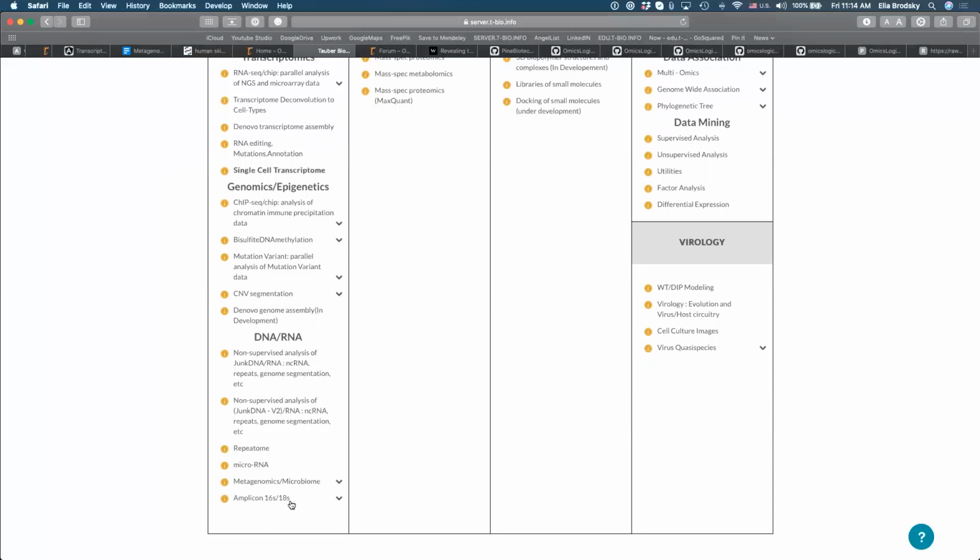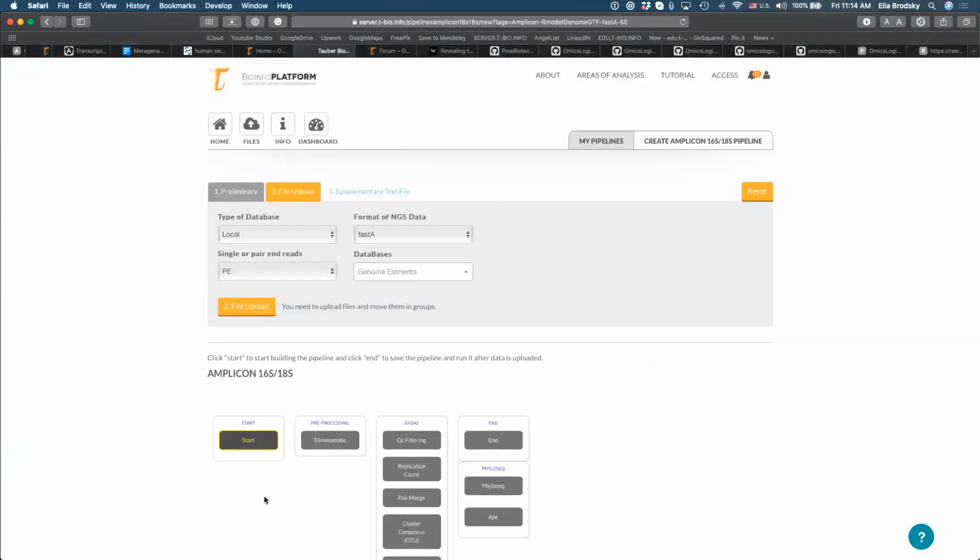Now, instead of doing the demo, let's go into the actual pipeline, which is right here. So here now we can upload files. Okay? If you're here, also please let me know. What are the settings that we have here? First of all, these are FASTQ files, right? So we can go ahead and change that. The type of database, you can actually upload your own database. We're not going to do that. We're just going to select the Silva database here. And these are pair end files.